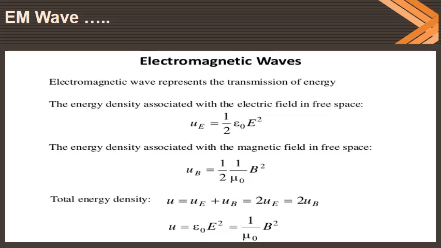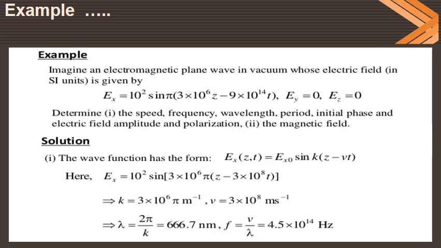In this way, the work done in the form of the electric and the magnetic field, you can easily find the energy density associated not only with the electric field but also the magnetic field in free space. Likewise you can equate these two equations, you will be able to find the total energy density U in terms of electric and magnetic, and you can conclude both are equal in free space. Okay. A few equations or examples related to the uniform plane wave you can exercise,